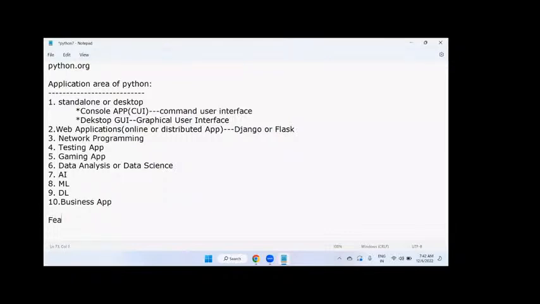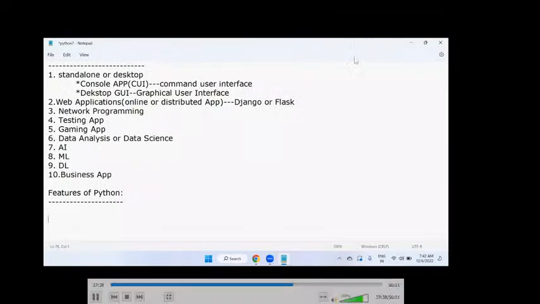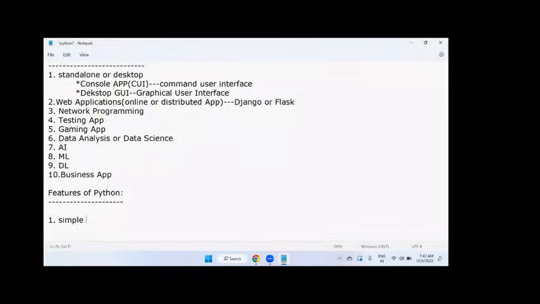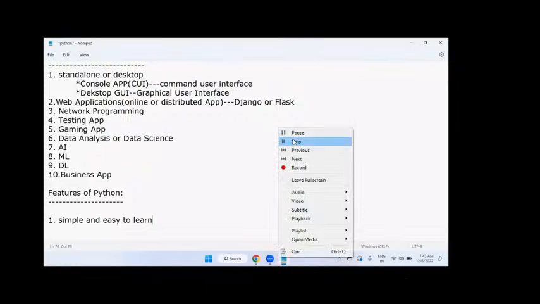Some important basic features I'm also going to discuss. After that, we'll begin with the installation setup, mostly tomorrow. So let's go for Python features. As I said, Python is simple and easy to learn. This is one of the basic features. Python is a simple programming language. When we compare it with other existing programming languages like C++, we write a smaller number of lines of code. That means it